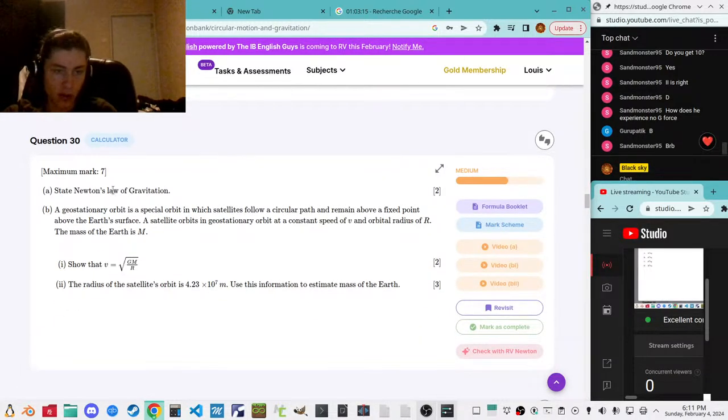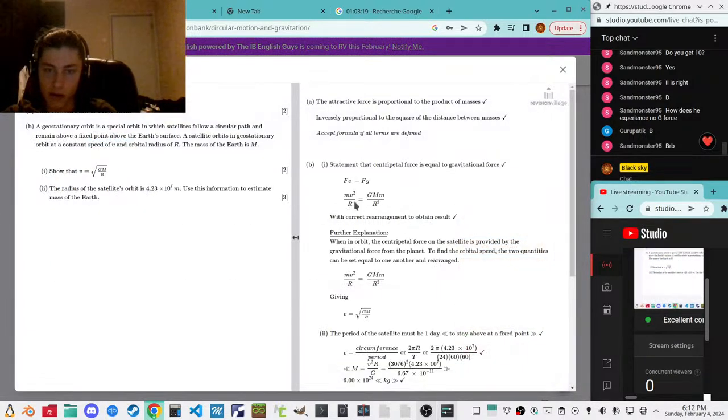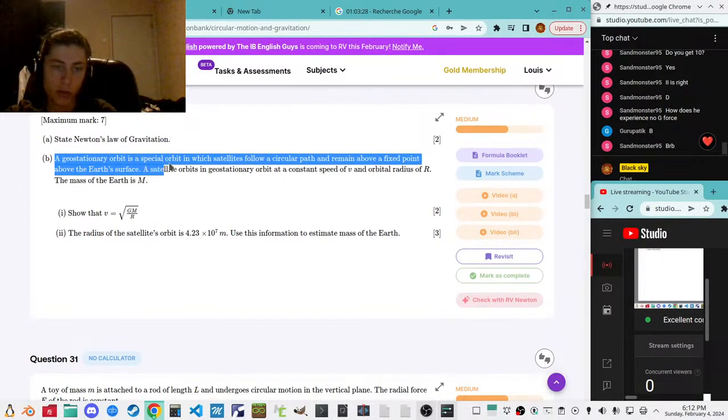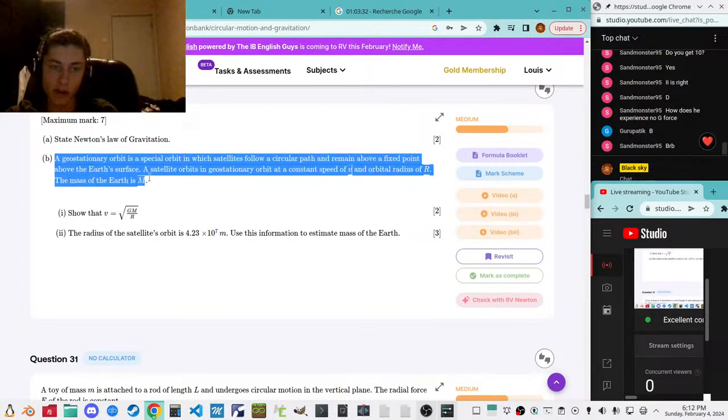State Newton's law of gravitation. You can just define the variables again. Yeah, except formula, if all terms are defined. A geostationary orbit is a special orbit in which satellites follow a circular path and remain above a fixed point above the surface. A satellite orbits in geostationary orbit at constant speed v and orbital radius